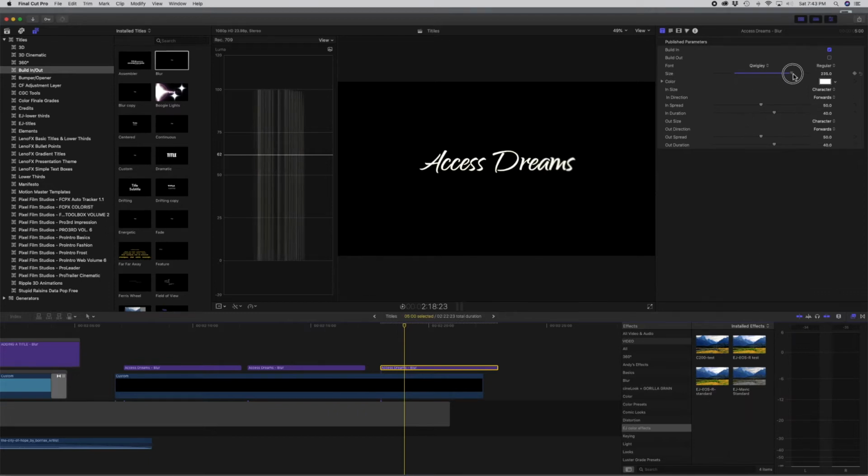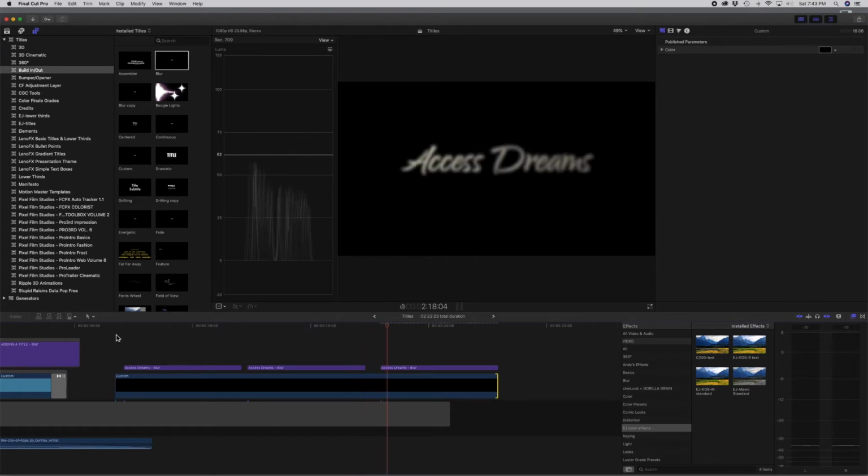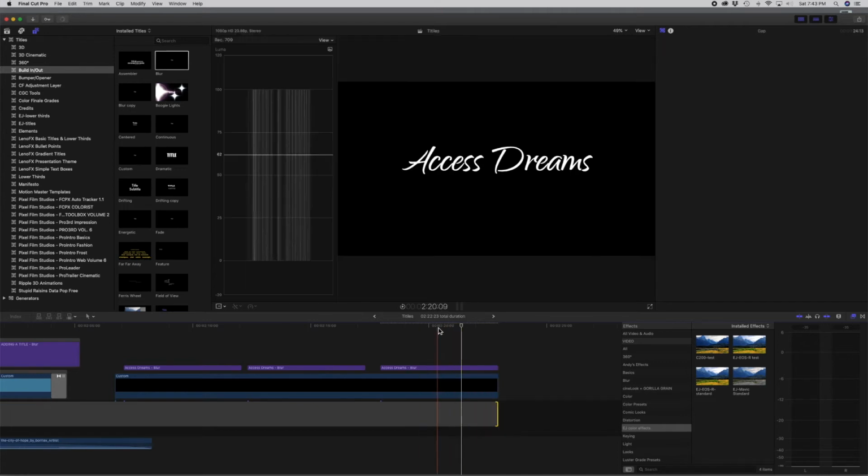Wiggly, apparently, is what this one is called. You might want to have something like that. We'll just run through them real quick and see what we did. All right. So those are 3 different styles of titles just over a black